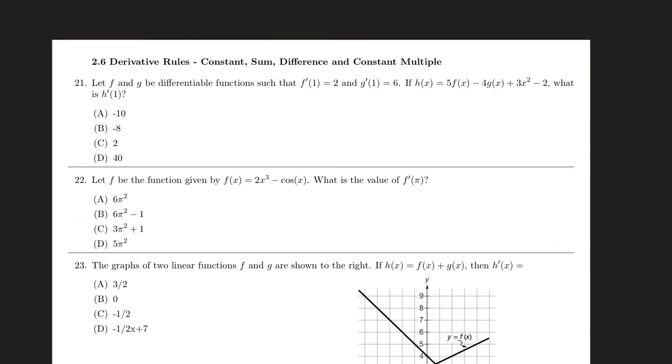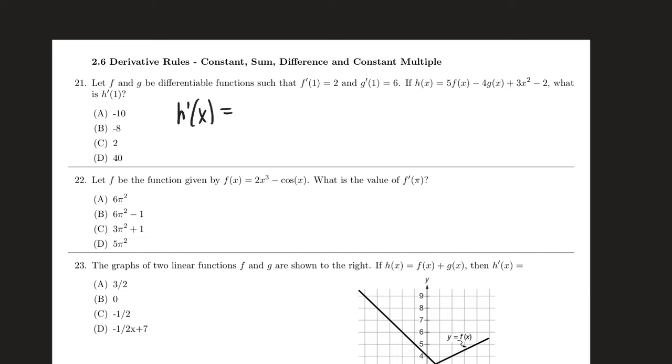This learning objective is all about the constant sum, difference, and constant multiple rules, so just our rules for derivatives. And just knowing that you break a derivative up over addition signs and subtraction signs, you can pull out constant multiples, that type of thing. So for this one, h prime of x,